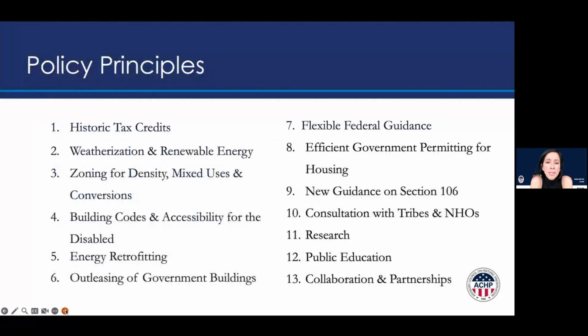So the policy statement itself, the last one was adopted in 2007 on housing. This one adopted in, as I said, December of last year. These are simple documents. This one I think is about 10 pages long. It has 13 policy principles embedded in it. And here are the big categories. And I'll go through a few of them in my slides, just so you have a sense of the kinds of things that we talk about.